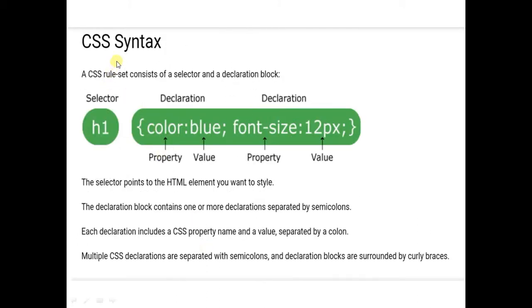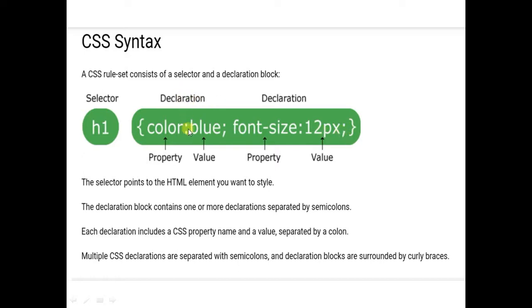Now here the syntax of CSS is given. As I told in the example, first we write the selector like h1, or here it can be body, any element. Your element name is the selector. Then we write curly braces. Whatever is written in curly braces is called a declaration. Declaration 1, then semicolon, then declaration 2, then semicolon. After every declaration, a semicolon is given. Remember this. This sign is a semicolon.